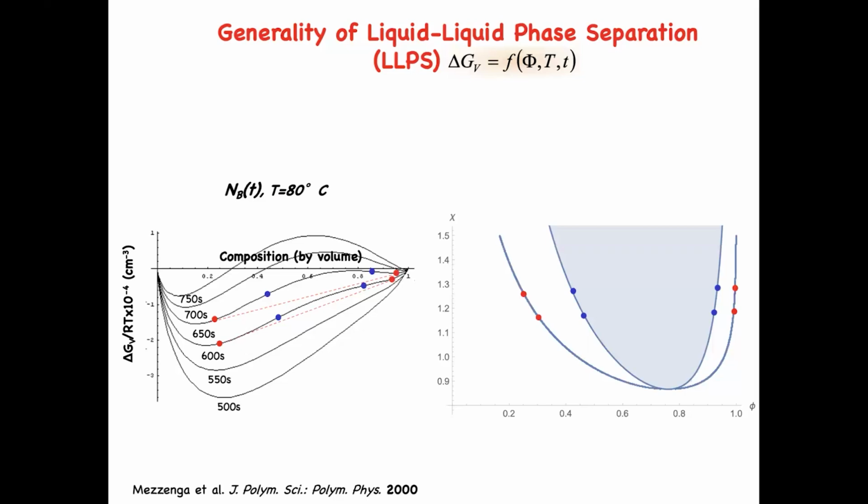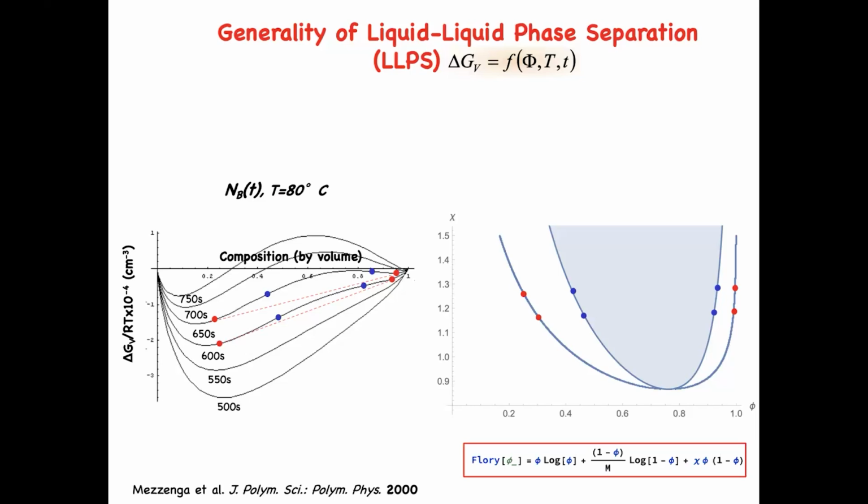And then basically you end up with this kind of phase diagram where this is, so to say, enthalpy, it could be the inverse of the temperature. In this specific case, it's the Flory parameter, and you can work out the phase diagram. So why do I tell you this? First of all, this is already 25 years ago, and by doing that, I'm doing nothing else than using one form or another of the Flory-Huggins equation, which is a cornerstone of the physics. Of course, you recognize this is the entropy part, this is the enthalpy part, and so on.